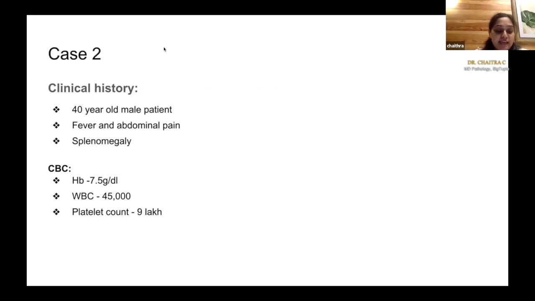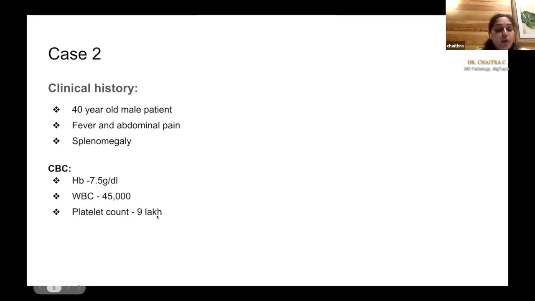So coming to the second case, we had a 40-year-old male patient who came to a primary health center in a tribal village where there was no access to a pathologist. The patient came with complaints of fever and abdominal pain, and had splenomegaly. The only test available there was a CBC. The hemoglobin was 7.5 gram per deciliter, the WBC was around 45,000, and the platelet count was